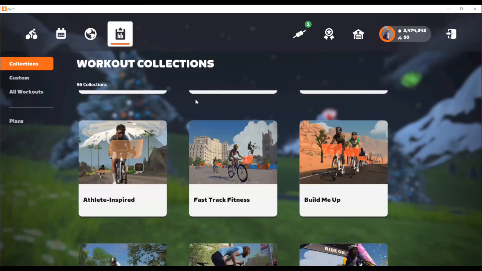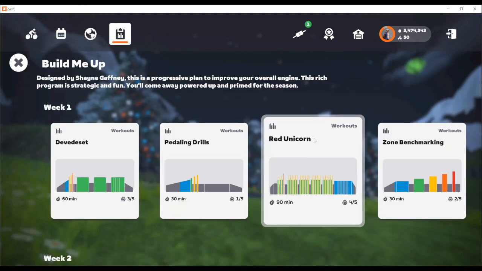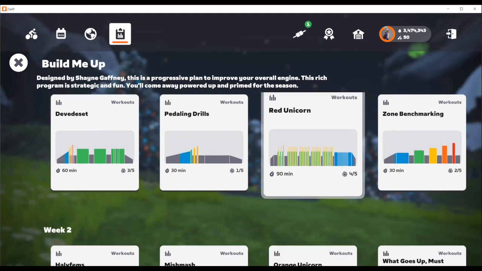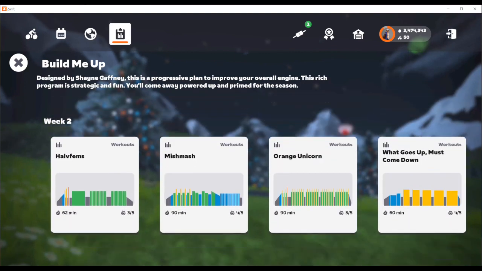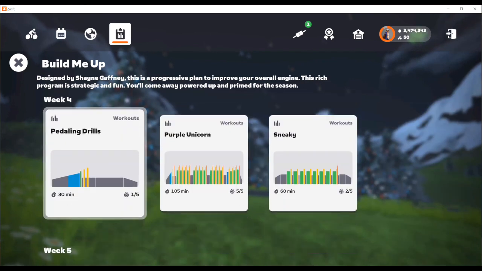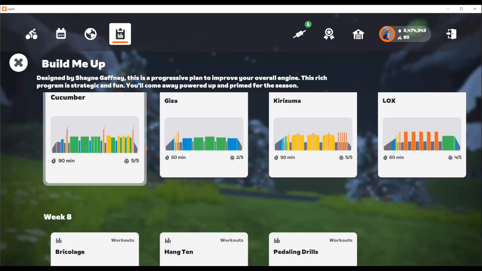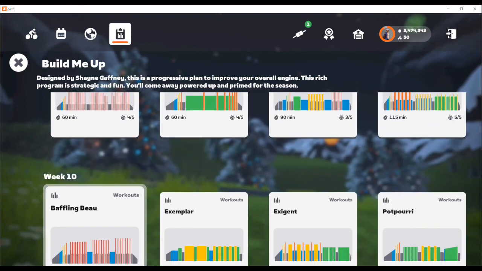But to your question, the workout that I would go to for a new rider, or for someone who's been riding for a year but wants something a bit more structured, is the Build Me Up. This will help you improve overall. Now, it is going to be a little tough in the beginning, but it's doable and manageable. The workouts are extended over, I think, a 9-week period. No, it should be a full 12, right?